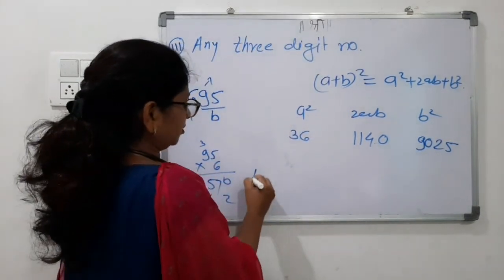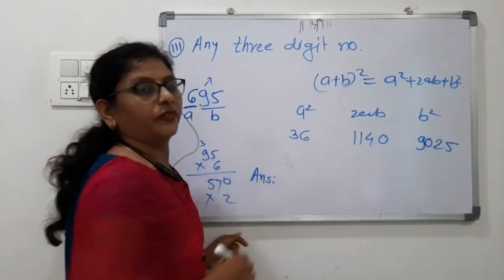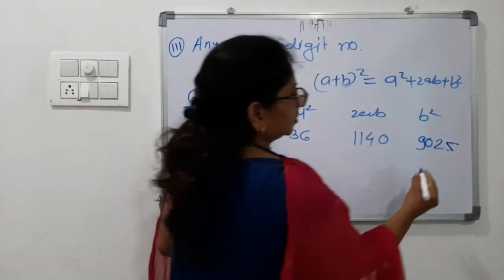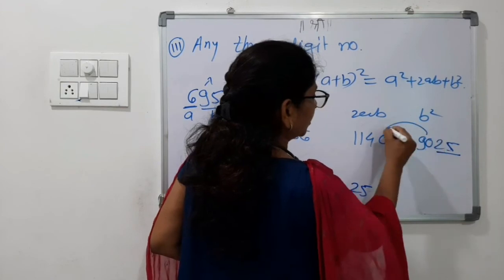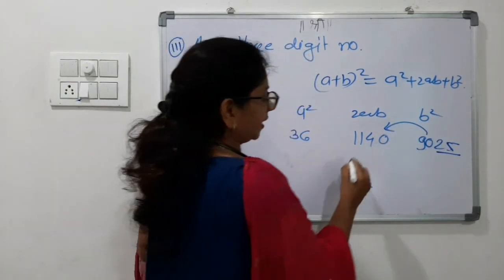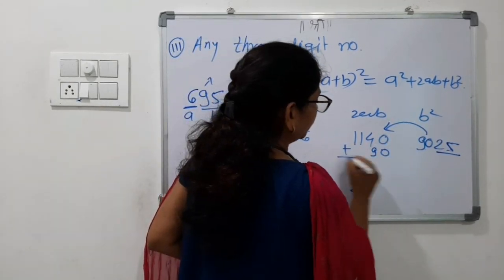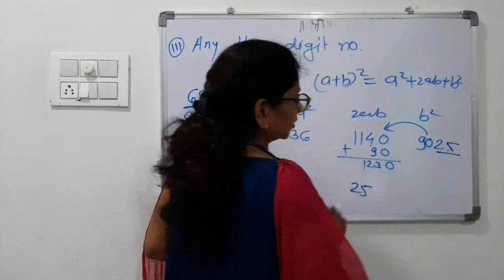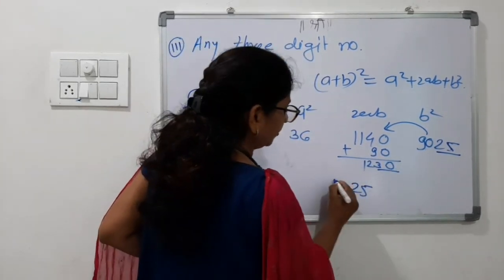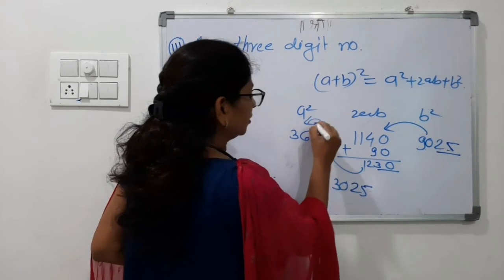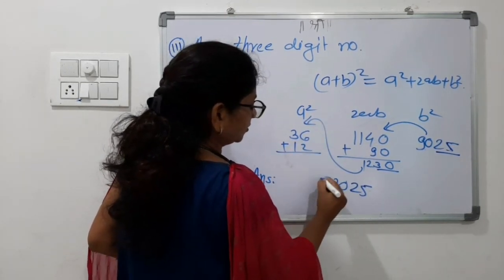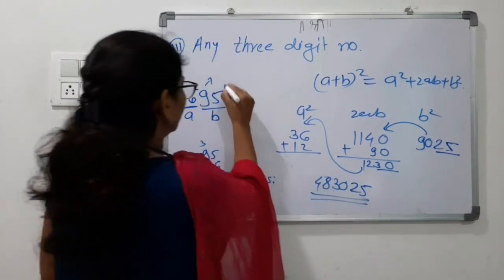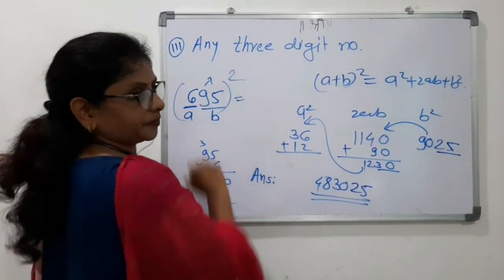Okay. So here we have also used what we learnt. Now take this 25 for our answer. This 90 will go there and get added. It becomes 1230. So 30 we will have here. 12 will again go here for carry, get added, and it is 40. So this is the square of 695. Okay.